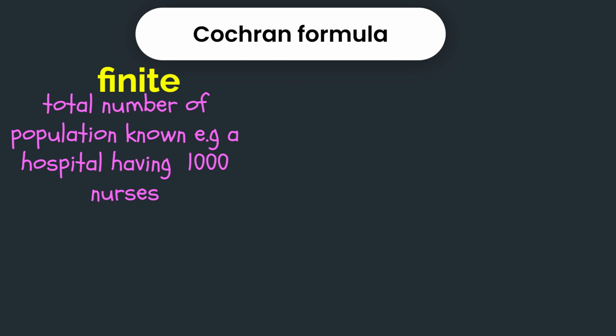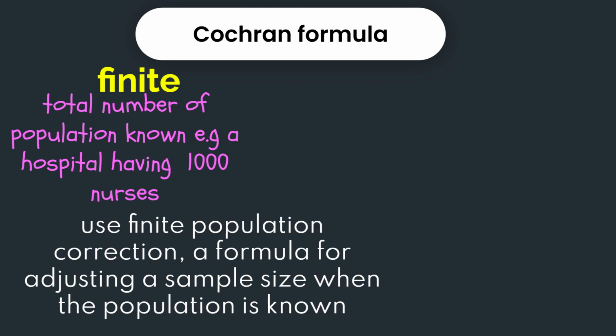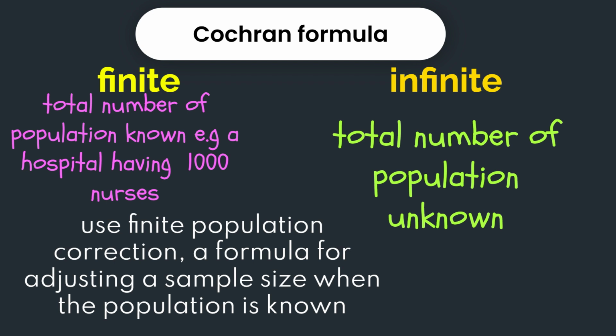So you can still use the Cochran formula, but after using it, you are going to apply the finite population correction. If your population is infinite, which means your population is too large, you don't know the number of nurses working in that hospital, you are still going to use the Cochran formula, and then you don't have to apply